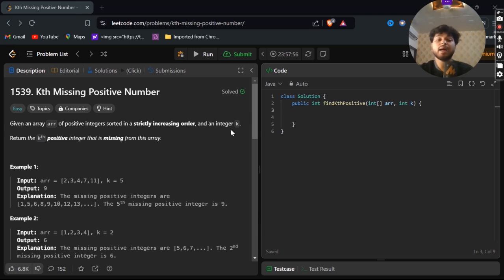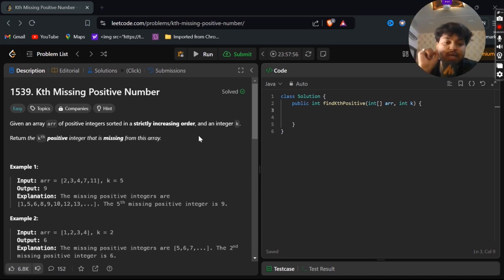After that, it is written an integer k, return the kth positive integer that is missing from this array. What does it mean? It means the array is a sorted array, strictly increasing order, and it will go from 1 to 100, 200, 1000, and in that particular array some elements are missing.